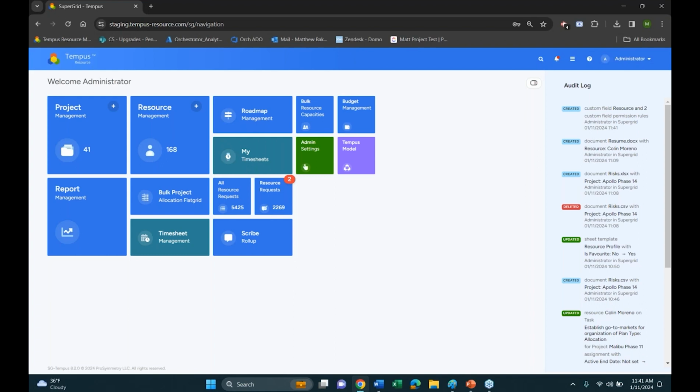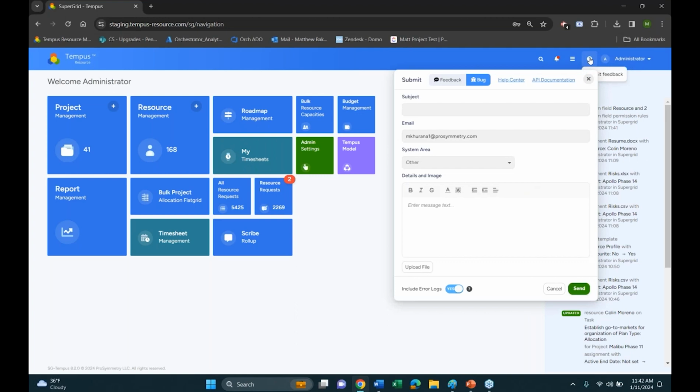And the first enhancement I did want to cover is an update to our help function. This has been renamed to submit feedback, and this is just going to be an in-app feedback submission, as well as bug submission option within here. So if your users select this option, it's going to pull up this modal window where you can especially set